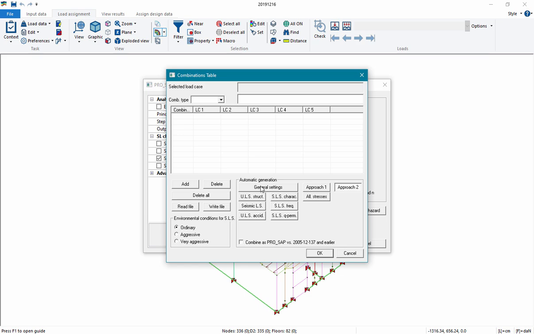Since we have defined floor elements, loads are automatically applied to the structure by the program. So the self-weight of the structure, dead and live loads of the floors are full automatic. And also the load combination generation is automatic. For more information about load assignment, I suggest you to check other ProSap tutorials and ProSap and ProSum user manual.